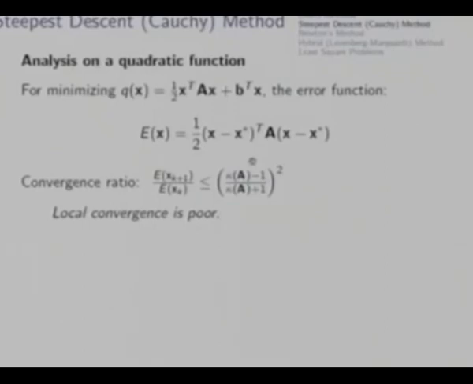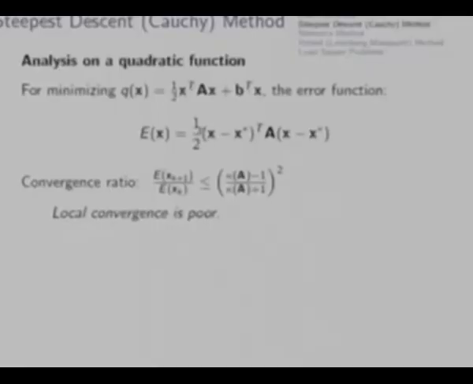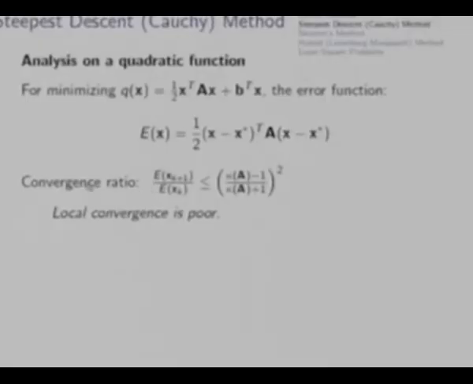Therefore, while analyzing the steepest descent method on a quadratic function, we typically analyze it over this function, and through a long deduction you can prove that it has a linear convergence rate, and the convergence ratio of that linear convergence process, that is error at the next point divided by error at the previous point,